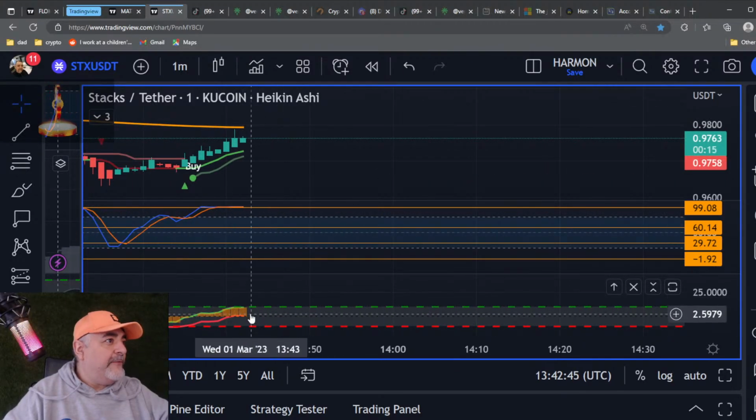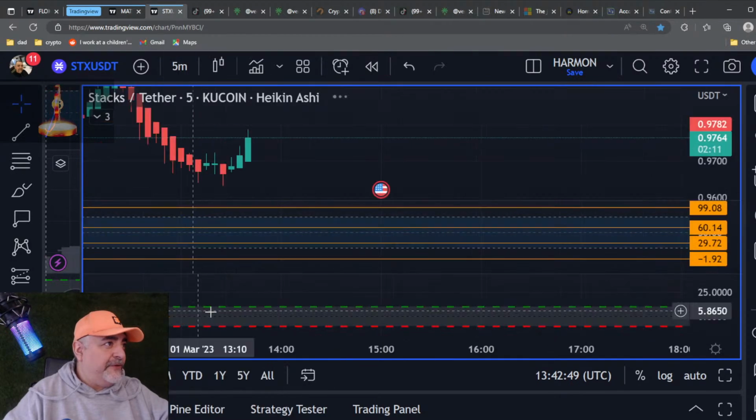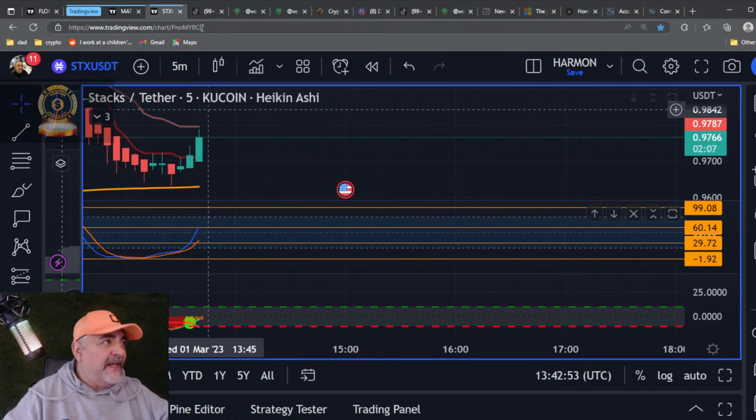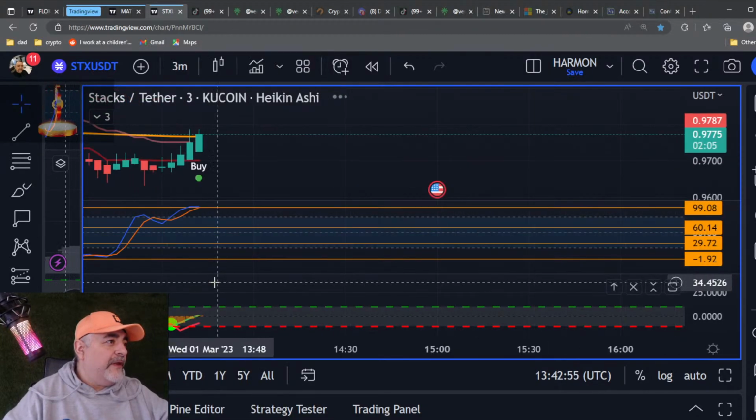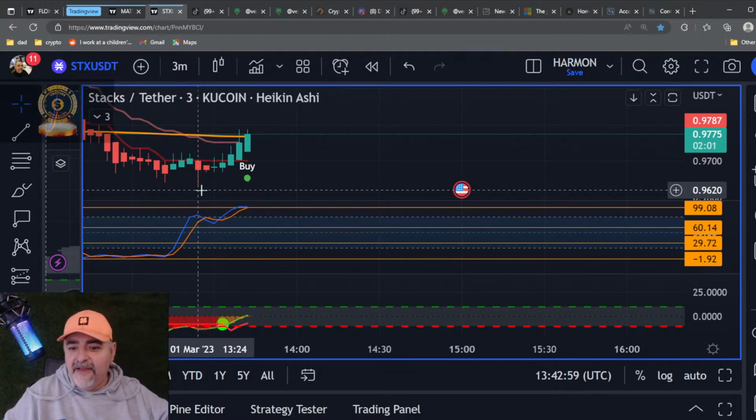As soon as this 1 minute red moon goes red, we got a short on STX, and that's because we're tracking the 5 minute RSI. As soon as that bends, that's our short. The minimal is the entry is going to be off the 3 minute. Now we do have a buy here on STX. It still has a little bit of a push left here. There is quite a bit of a little push here still. It wants to pop here,